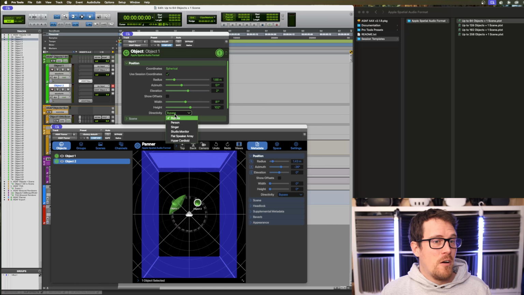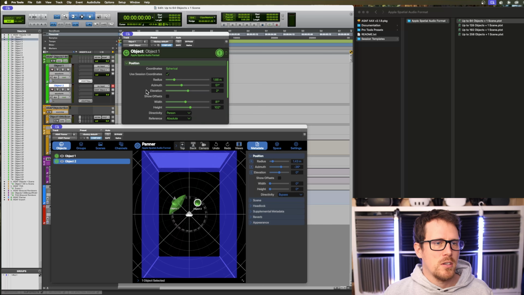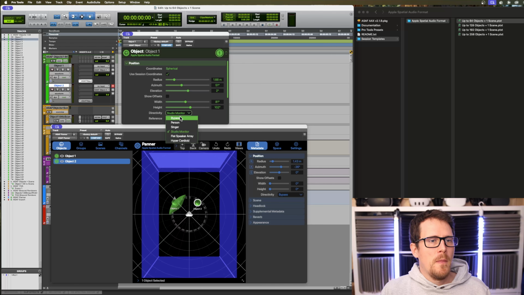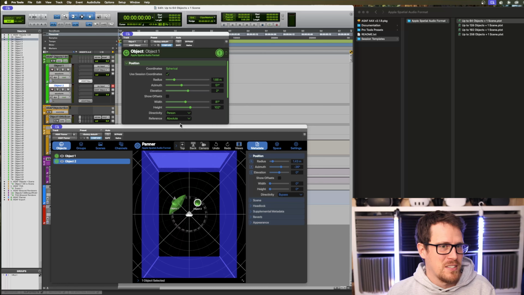But there is now even directivity, and if you remember from the Facebook 360 community, this was pretty much the last feature that they implemented, I think. And directivity here is taken to the next level. You can actually switch between person or singer or studio monitor, and it probably will change how the sound will travel through space, obviously.